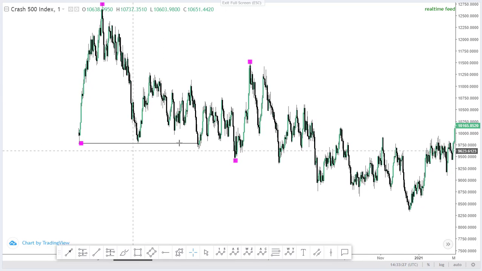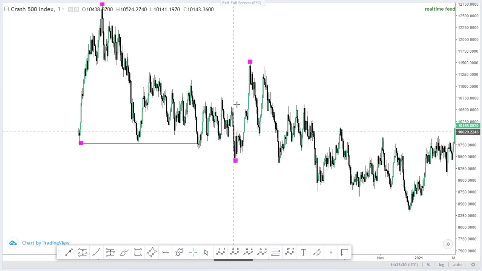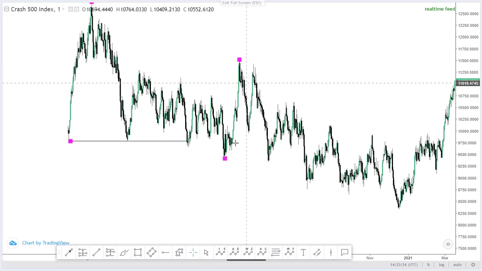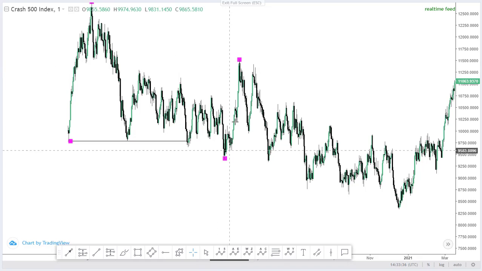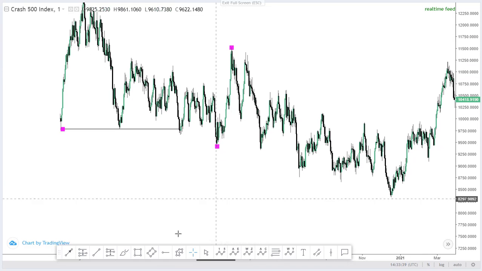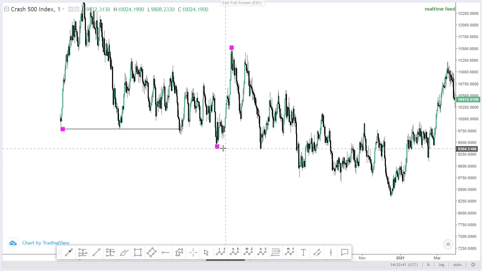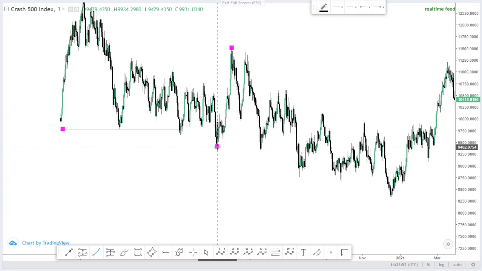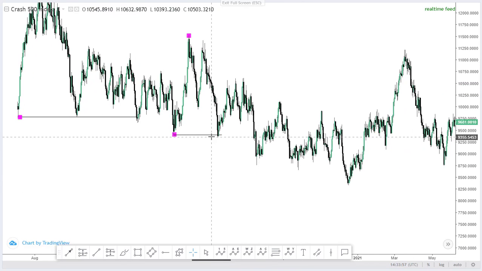Remember, after we break the structure and we have a range structure, our expectation is a deep pullback, and we know how to measure whether a deep pullback is coming or not. When I say we know, I mean I know how to do that. I haven't yet taught you how to do it. So we have a breakthrough structure on this level. Now as market is breaking structure from this low,